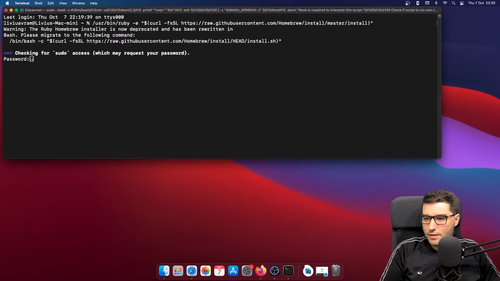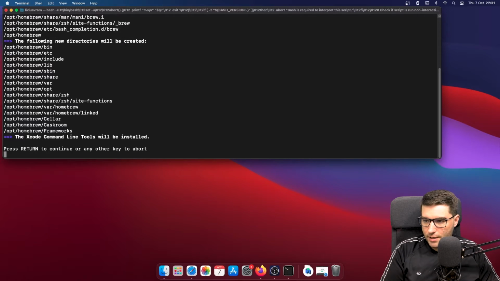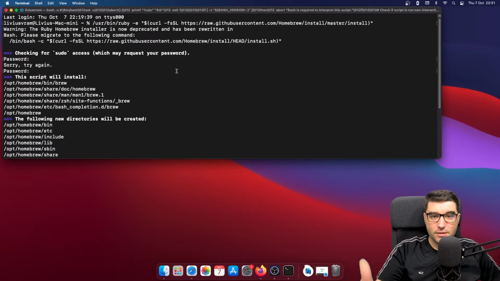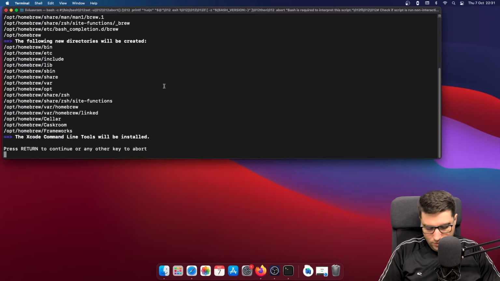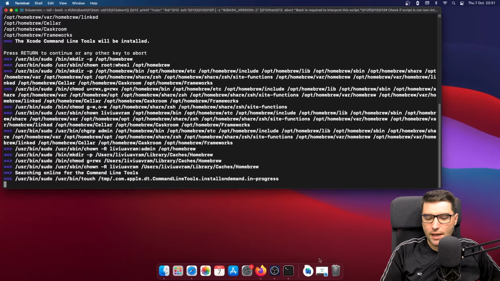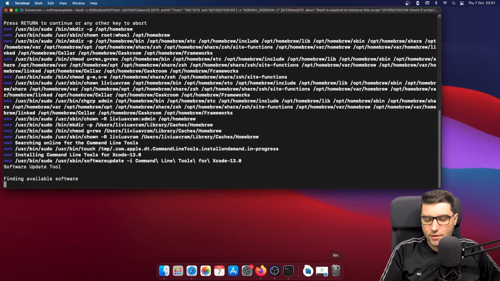Okay, it seems that we need the password in order to install Homebrew. Let me try again. Okay, this will list all the dependencies that are going to be installed. So I'm going to choose return to continue. I will let the installation finish, and I will get back once everything is done.